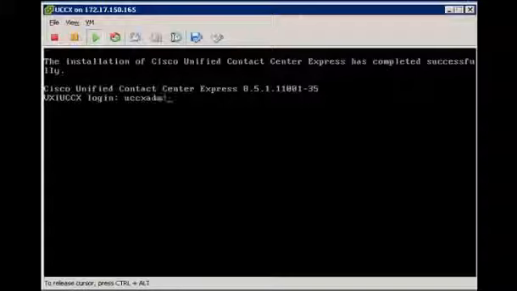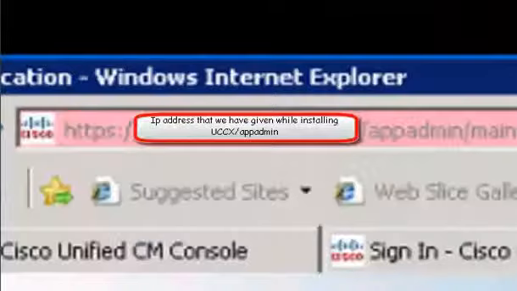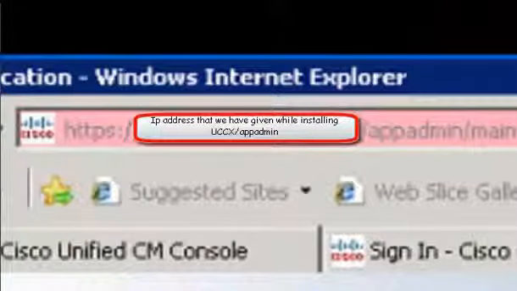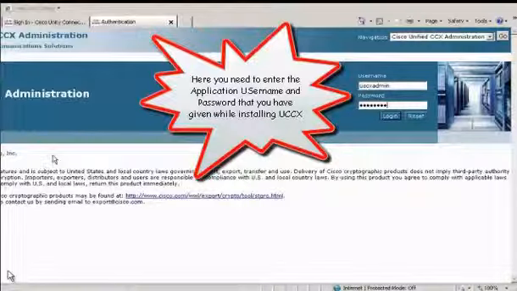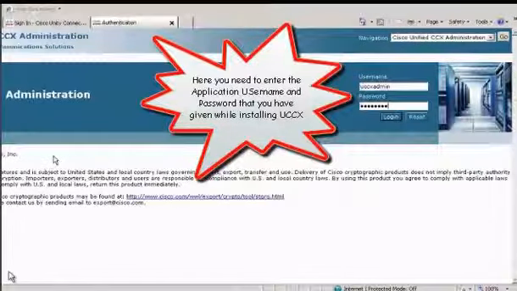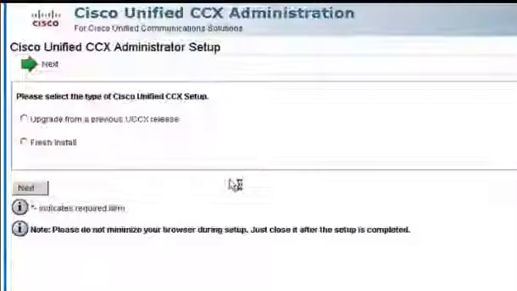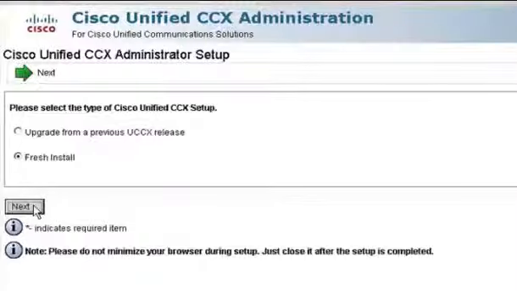Now we are going to open the internet browser and enter the IP address that we assigned while installing, followed by /uccx/appadmin. Here you need to enter the application username and password that you gave while installing UCCX and click Login. Since it's a fresh install, you have to select the radio button Fresh Install, and click Next.